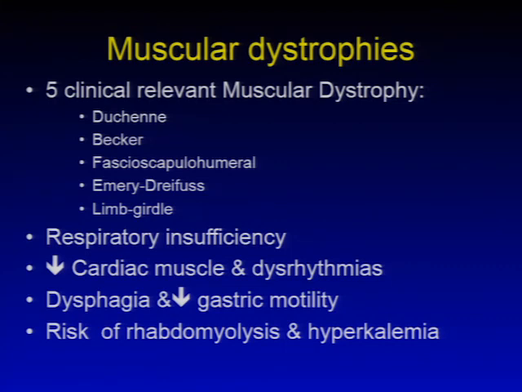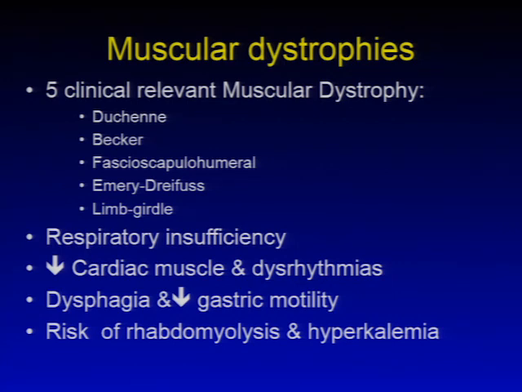Emery-Dreifuss muscular dystrophy is a mutation in lamin, which is part of the nuclear matrix, and emerin, which is a nuclear membrane protein. Cardiac conduction defects are common, as well as dilated cardiomyopathy and contracture dysfunction. There is often a fusion of the C3-C5 cervical vertebrae, which results in a less mobile neck,